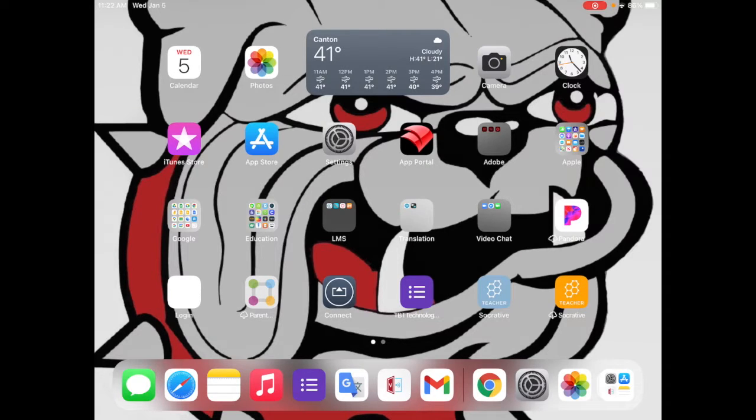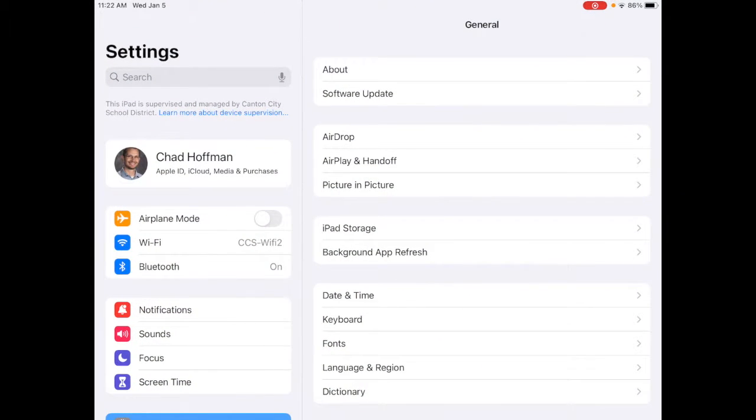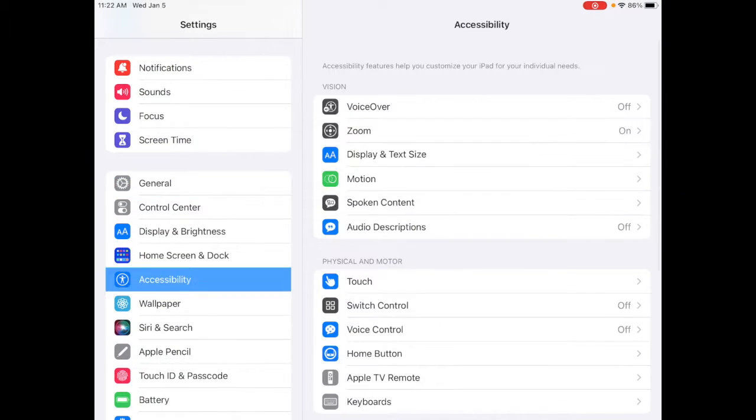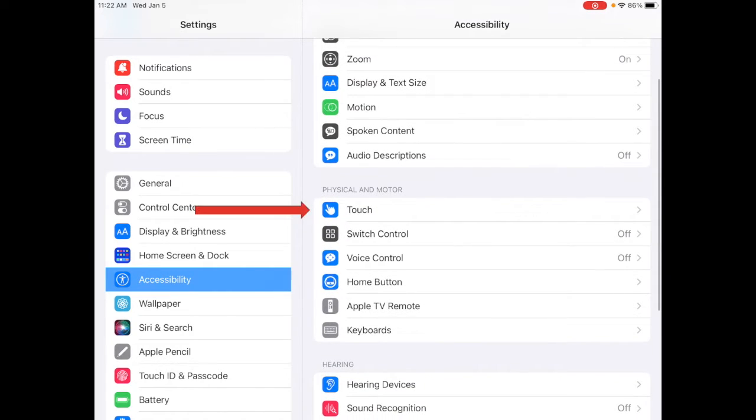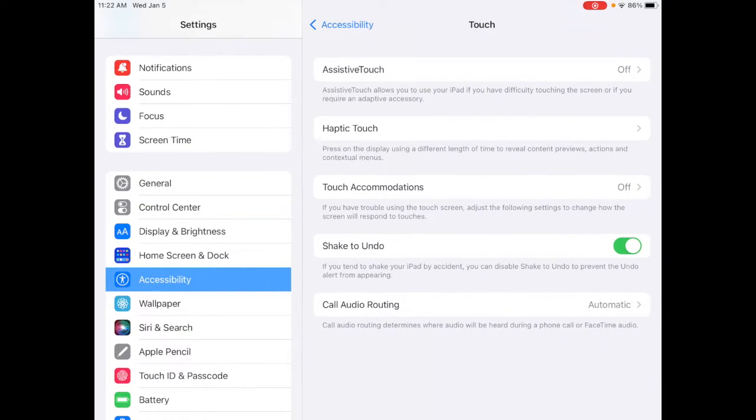The next accessibility feature we're going to take a look at has to do with assistive touch. So I'm going to open up my accessibility settings, and then under physical and motor you can see there are touch settings here. Now assistive touch, if you have difficulty touching the screen or need an adaptive feature,